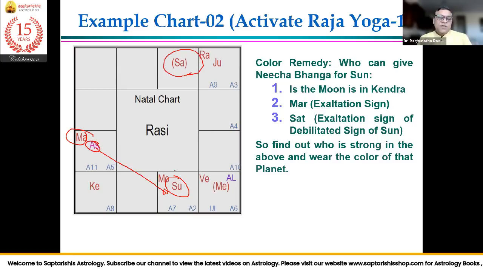So find out what are the Neechabhanga principles. Among these three planets, take the strongest planet that is giving the Neechabhanga Raja Yoga and activate it using that color. Very simple, right? If somebody comes to you struggling with the Neechabhanga Raja Yoga not activating,